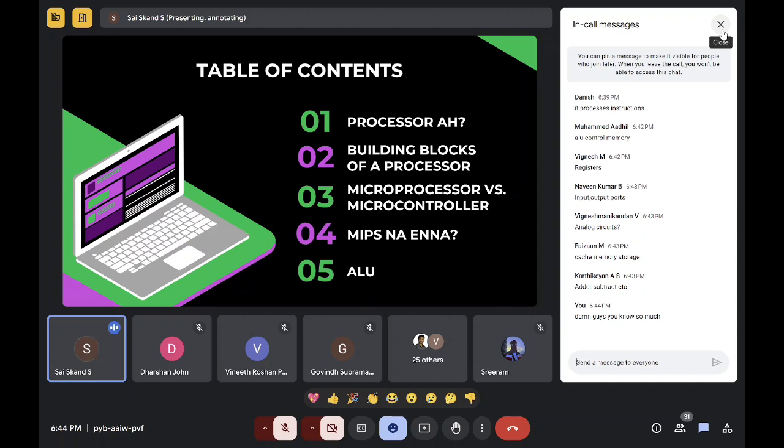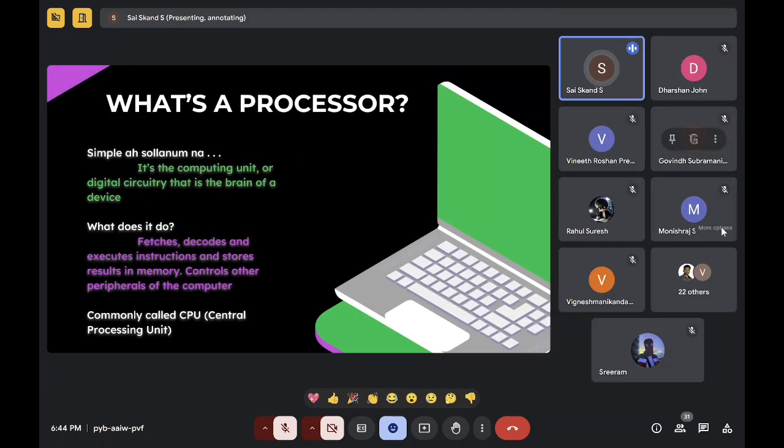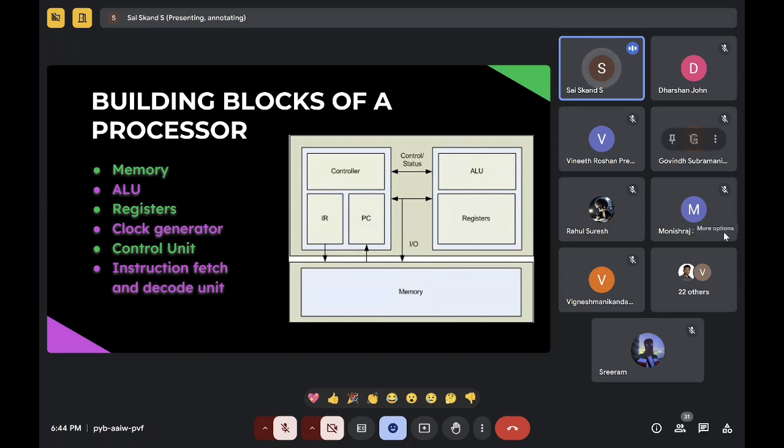Okay, great guys. So, the processor, you know now. We are clear about this. Great guys. Now, the building blocks. See, you have memory, you have ALU, you have registers like what you mentioned. Clock generator, and you need to generate a clock, right? We talk about speed, so we need a clock to run that processor, right? That is what it's for. You would have studied your clocks. I hope you are all good with digital fundamentals. The control unit has to control everything, right? So we definitely need that, to decide which one to turn on, which one to turn on.